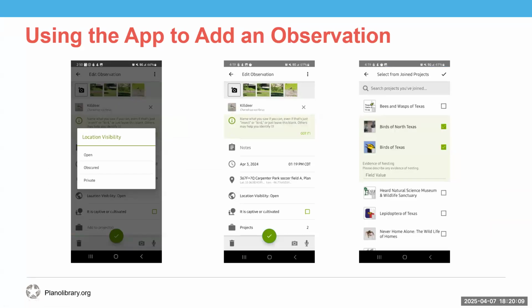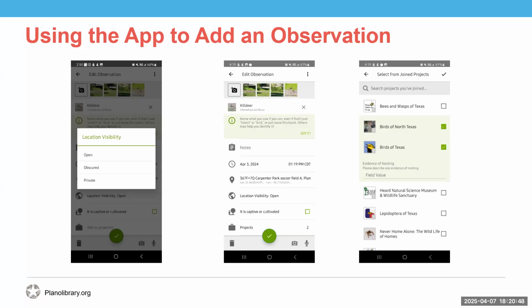Now, there is the option to add notes. So you're going to click on the notes, and date, time, and location should auto-populate. Now, location visibility is going to be right next to the icon of the Earth. You have a few choices here. Open, that's going to show other users the location and latitude and longitude of your observation. This does help with identifying it. It also helps if someone wants to see it as well to know where to go.